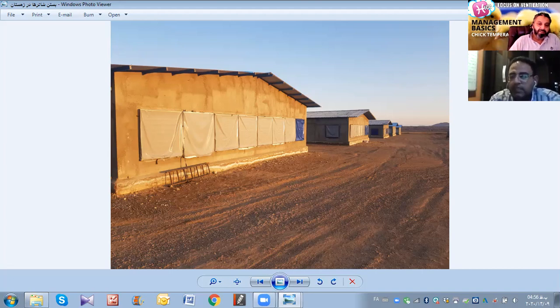Minimum, yes. This depends, every shed is different. Yes, you are absolutely right that it depends on the width of the house.